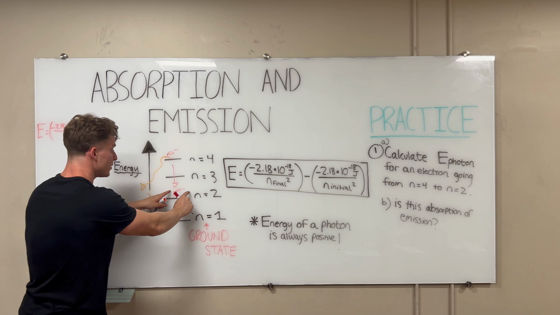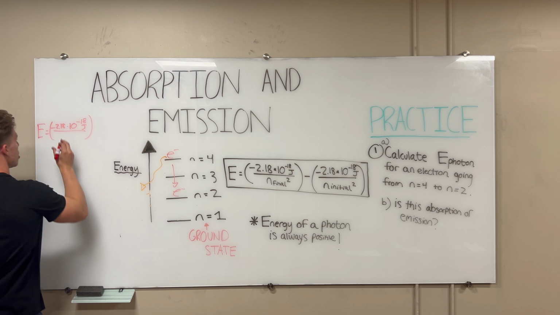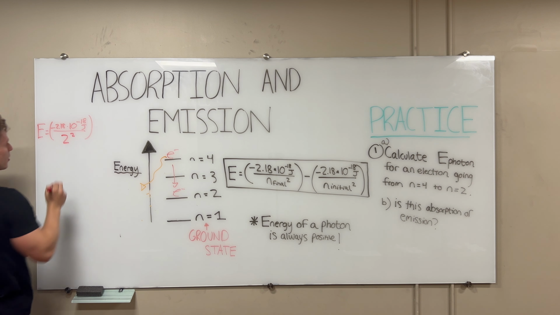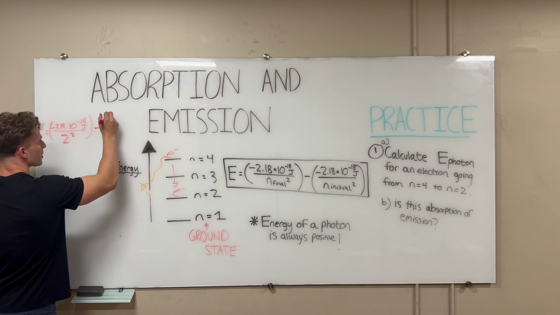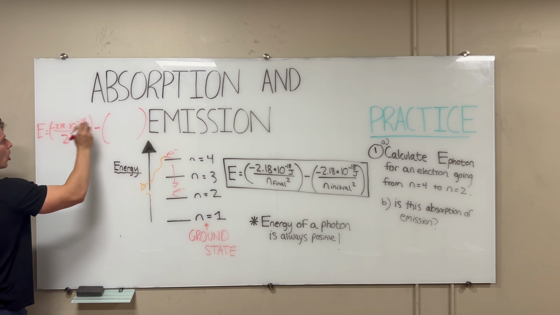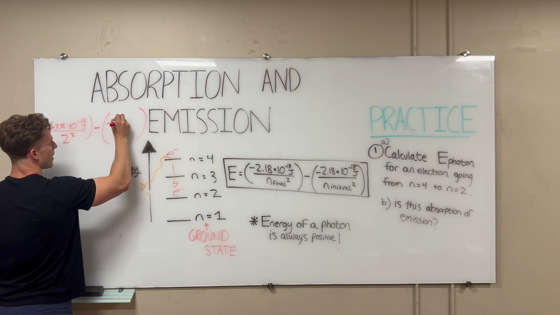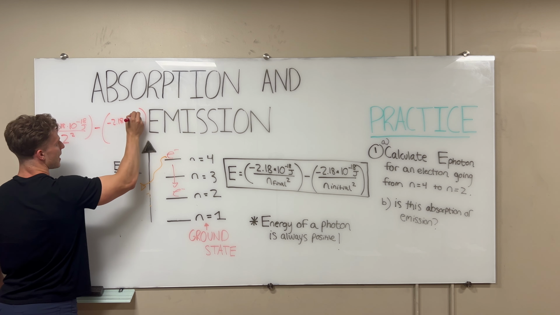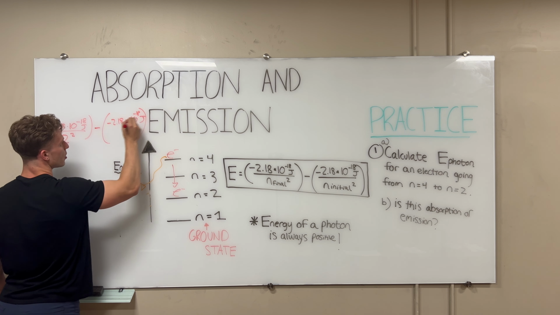So our final destination is n equals 2. So I'm going to say that's 2 squared, right, minus our negative 2.18 times 10 to the negative 18 joules